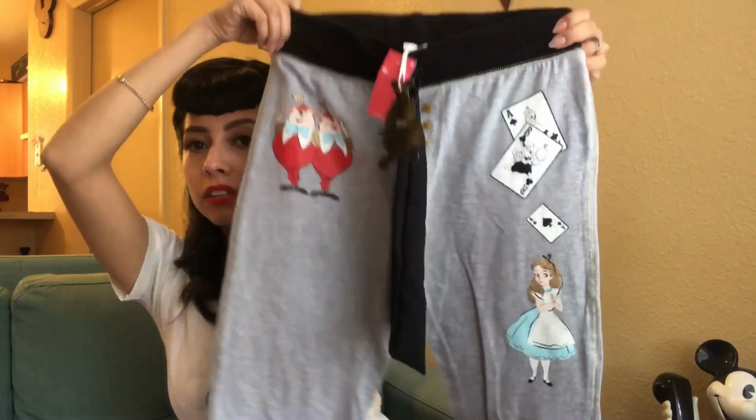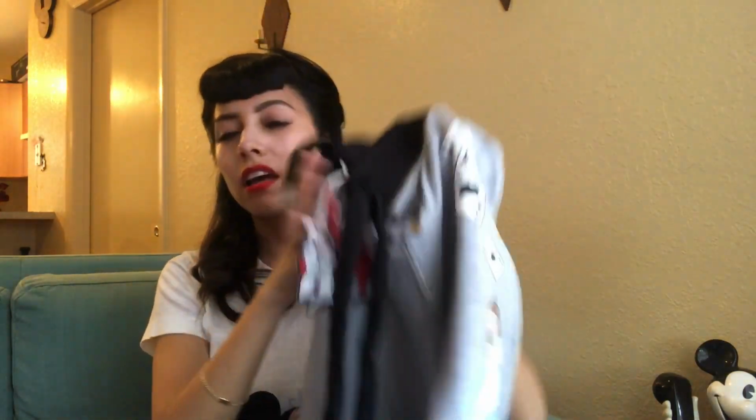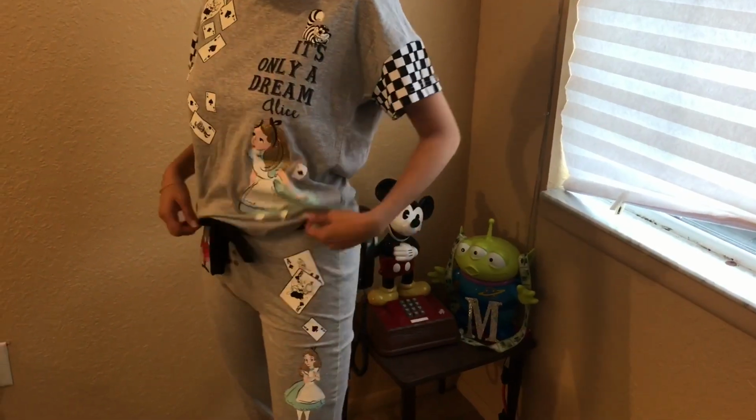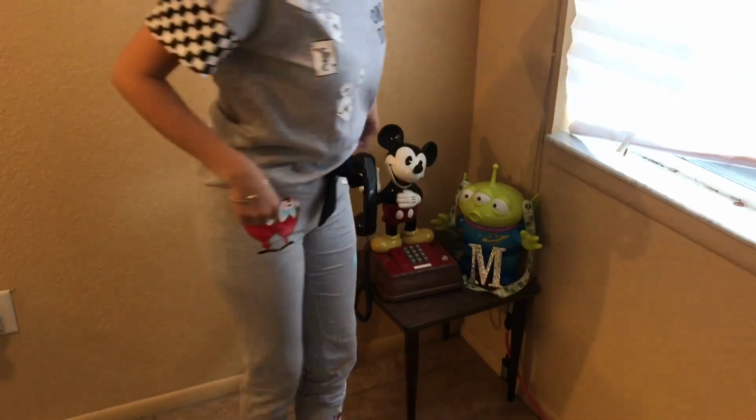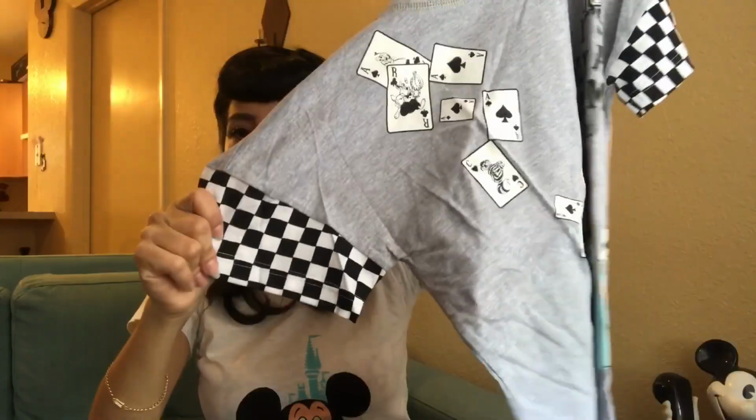And then I got more of a long john pajama. This is Alice in Wonderland, so it'll fit better from the bottom. I think this was £3 each, which is so cheap. And then the top, of course, is a short sleeve, but it's also super cute. I love the detailing on the sleeves of the shirt. I kind of went Disney crazy with all their stuff. So the next thing I got